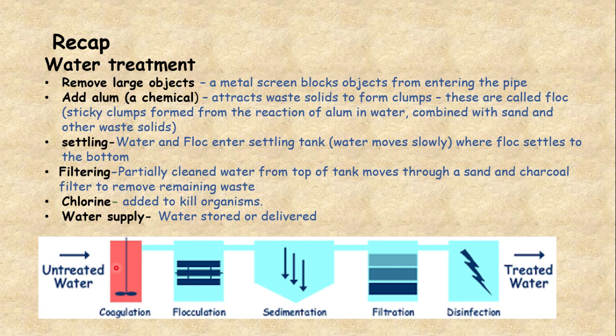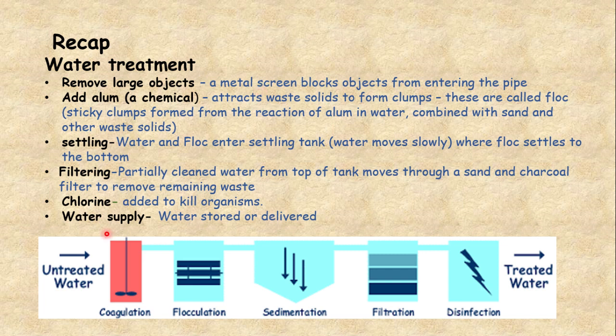The first step is named as screening or filtration. That removes the large objects. If the untreated water has some sort of suspended particles or some objects in it, we can pass this water through the screening equipment, which can block these particles from entering the pipe. So that's why this is named as screening or filtration.